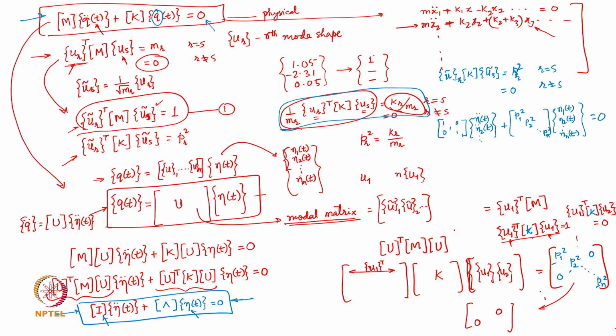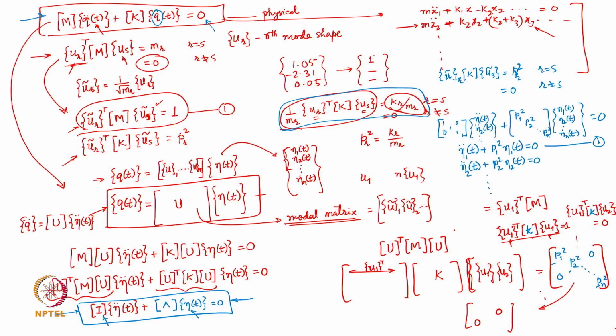equal to 0. Now, if you remove each of these equations, just take the first row, what do you get? Eta 1 double dot t plus P1 square eta 1 t equal to 0. This is going to be your first equation if you take only the first row. The second row will give you what? Eta 2 double dot t plus P2 square eta 2 t equal to